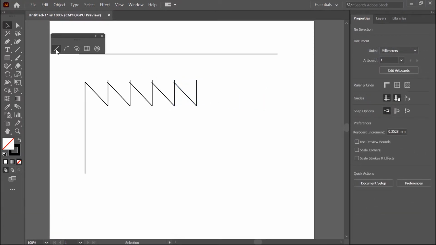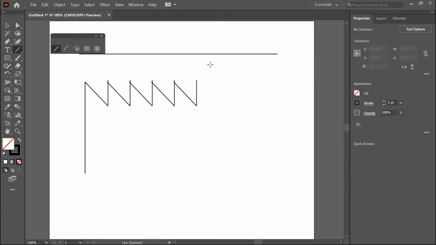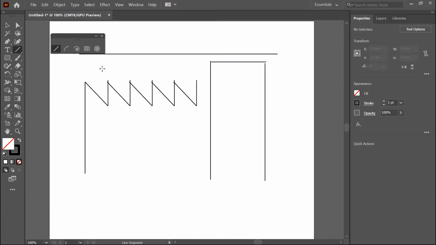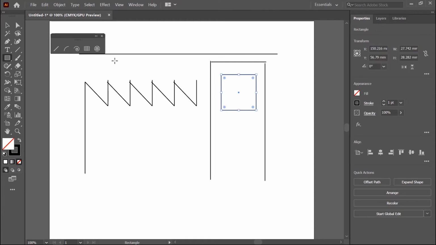After that select the line tool again and this time I create a building shape. So first I create a vertical line and then create a line again, then click and drag. Okay, by using the rectangle tool you can create a window like this, and by using the line tool you can create